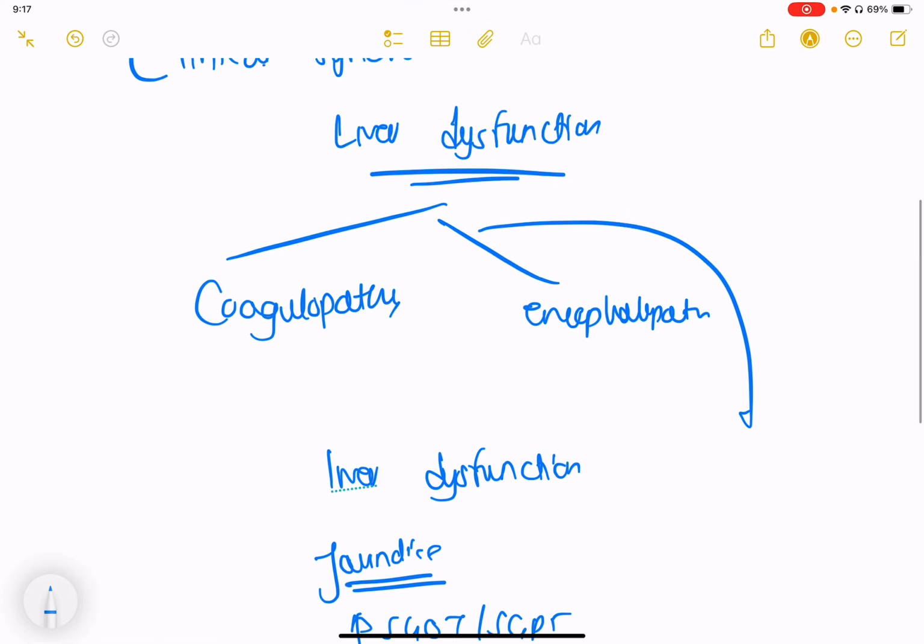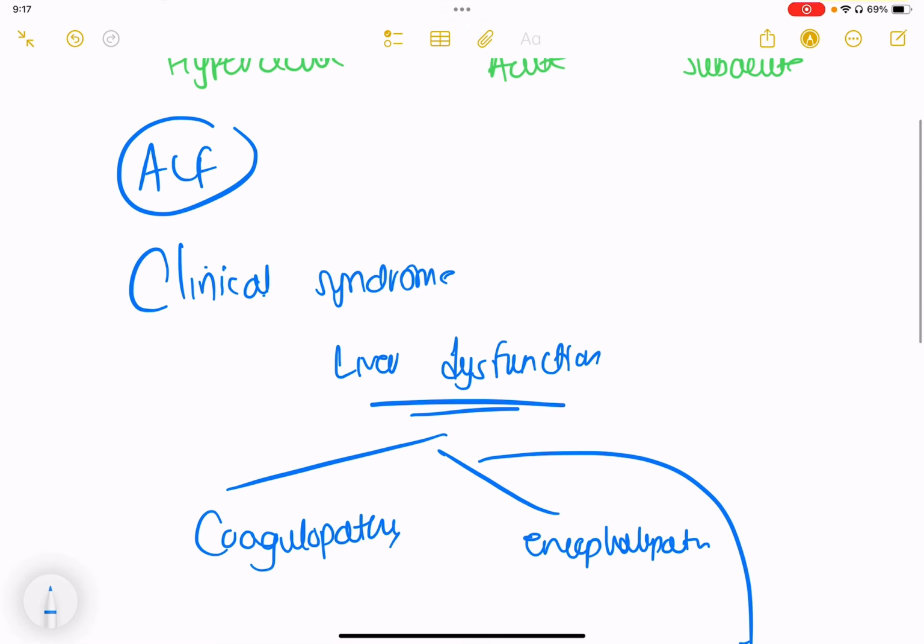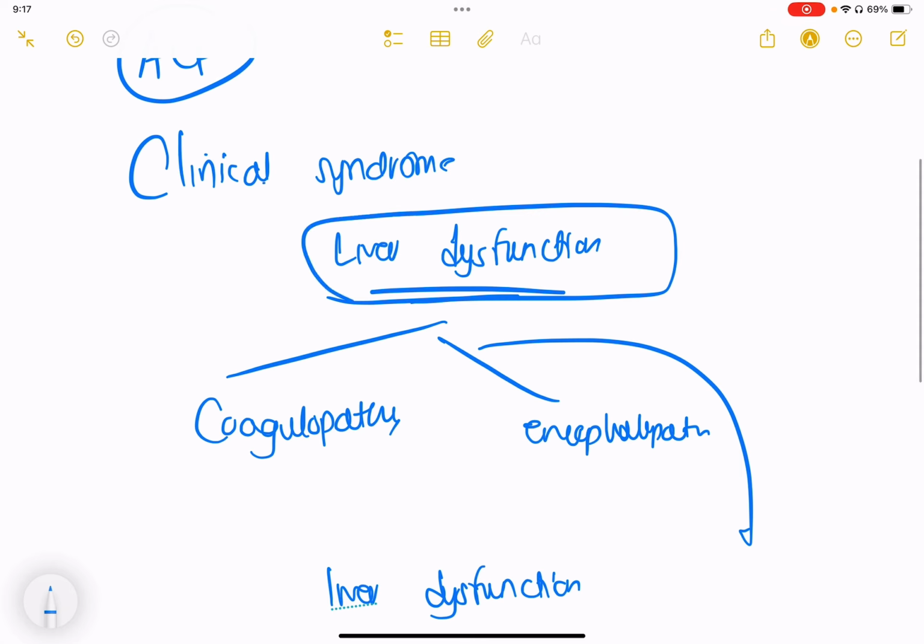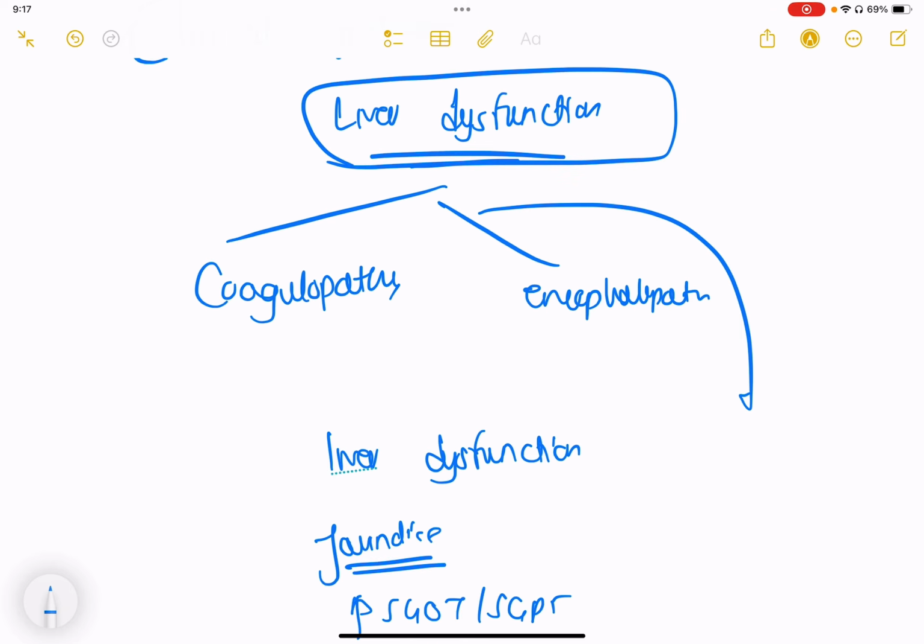So this is the definition of acute liver failure. It is a clinical syndrome where there are signs of liver dysfunction, and mostly it is evident by coagulopathy